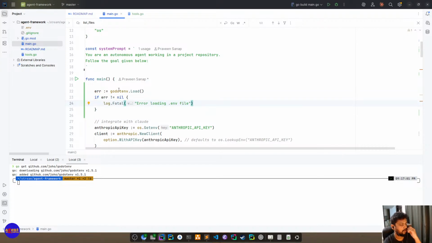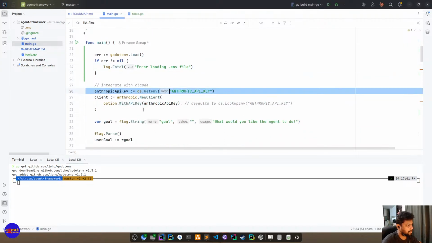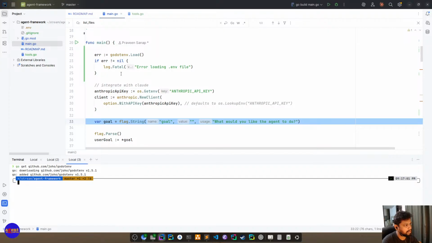Fatal. Yeah, for now, log fatal is fine. Later, we'll have some discipline of how we want to exit this application. So for now, I'm doing panic, so log fatal. It's fine. So I think with this, we should be able to ask the question.